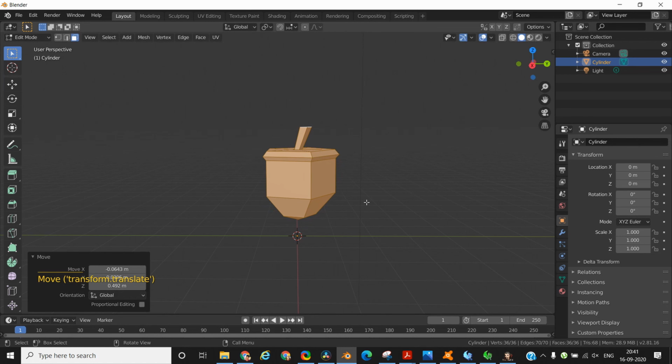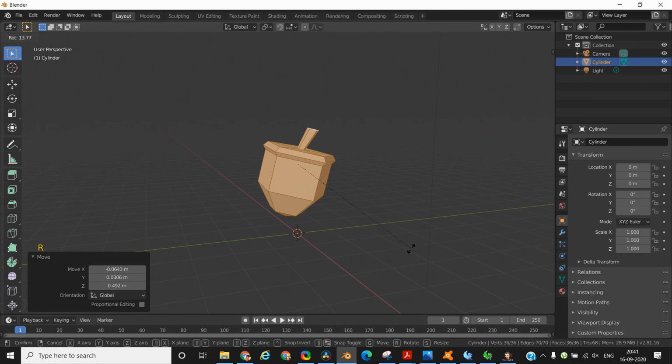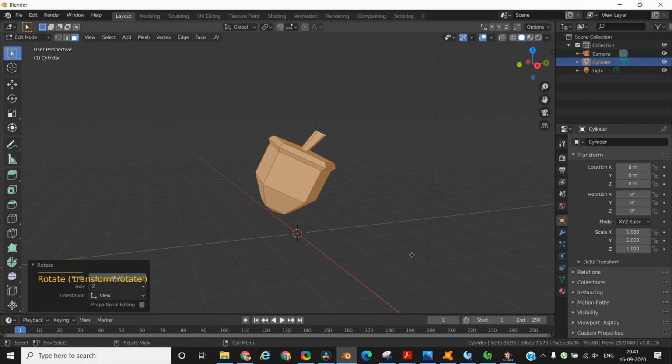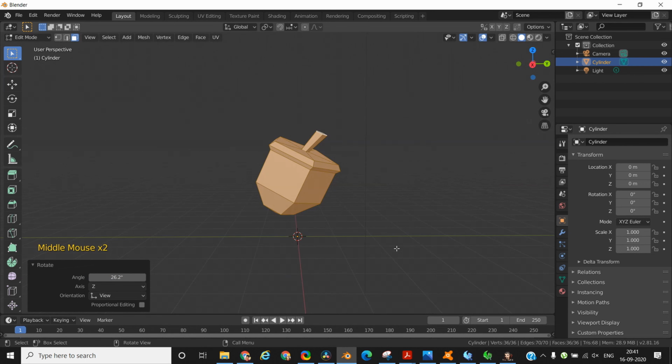and putting it up a little bit, and I want to rotate it a little bit because it is looking a little straight. So what I am going to do is, to rotate anything you press R and then choose the rotation direction. Now it's looking much more like an acorn that has fallen off the tree. Okay, now time to color it.